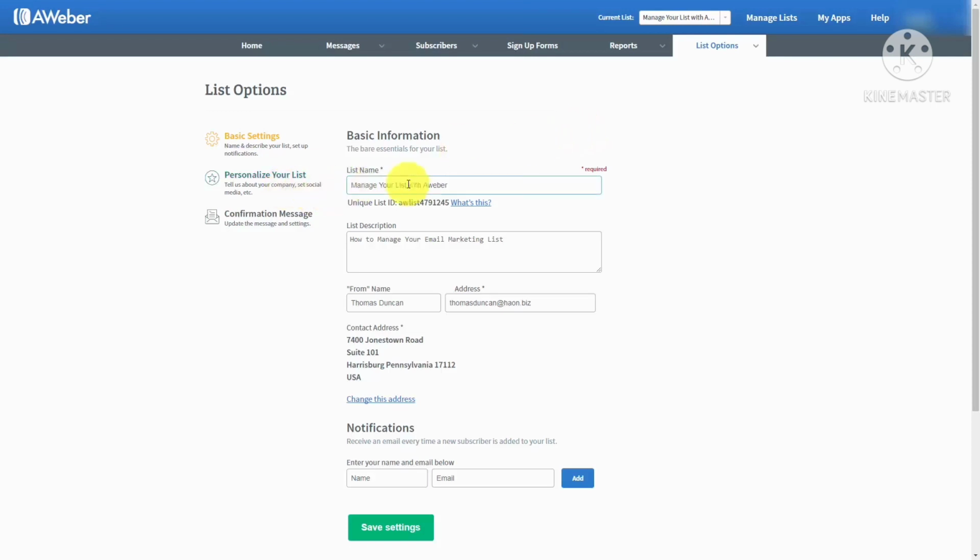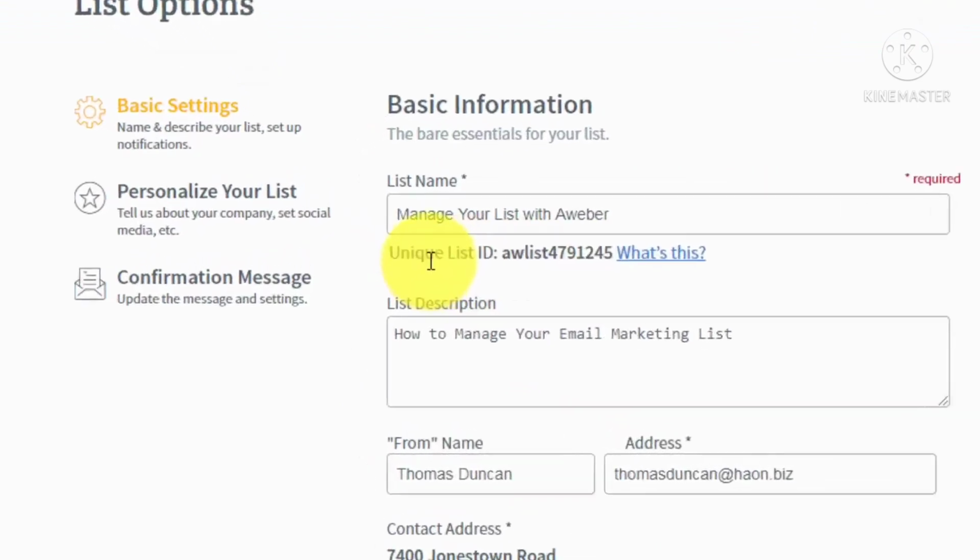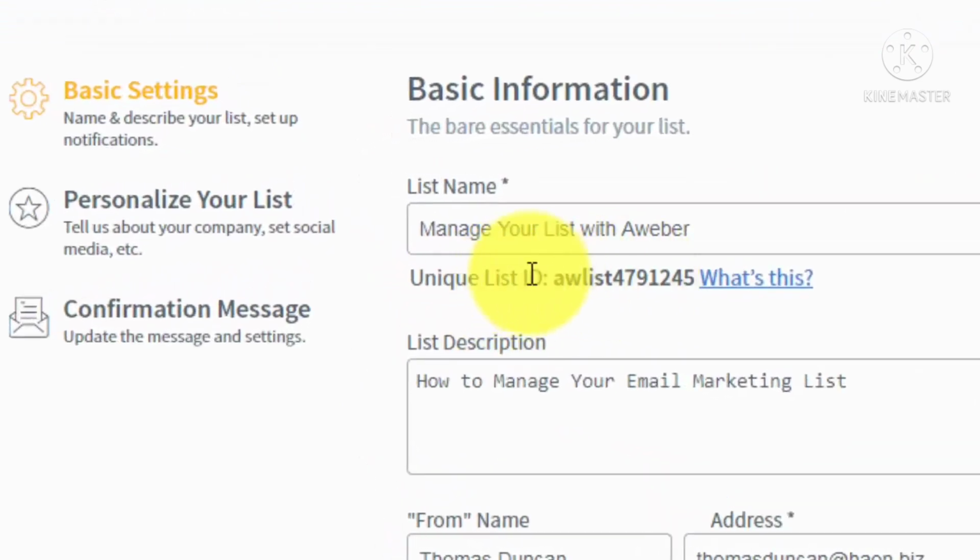Now you'll notice here that we have the list name, and then we have a unique list ID from Aweber. Anytime that we have to interact with an API or some kind of system that requires our Aweber information, we will use this Aweber unique ID. So one of the things you can do is put this in a place where you're going to remember it,